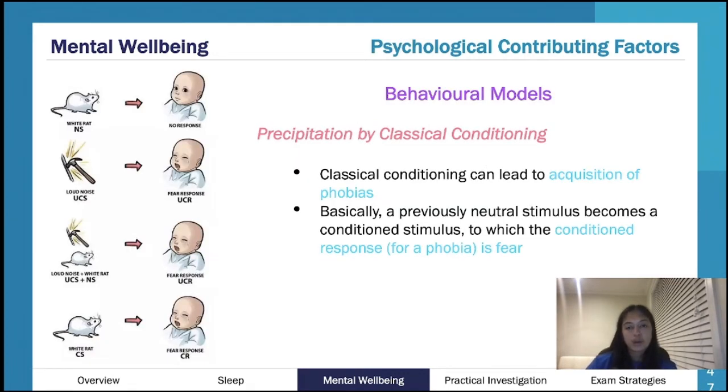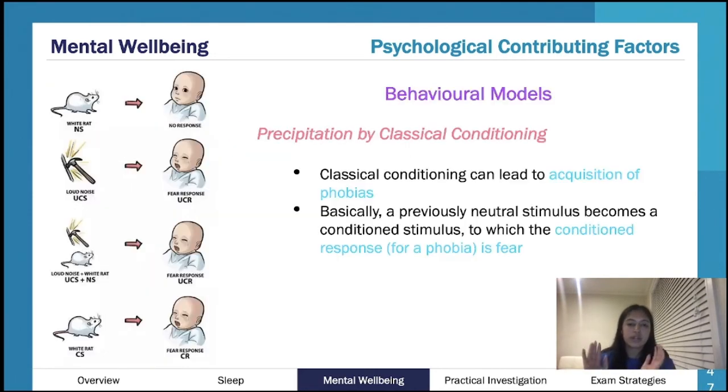Okay, so those are your two biological ones. For psychological, we're thinking of our behavioral models. So we're thinking of classical conditioning and operant conditioning. So your classical conditioning, this is when we're thinking about the acquisition of phobia. So if you see in pink, we've got precipitation by classical conditioning, and the other one is perpetuation by operant